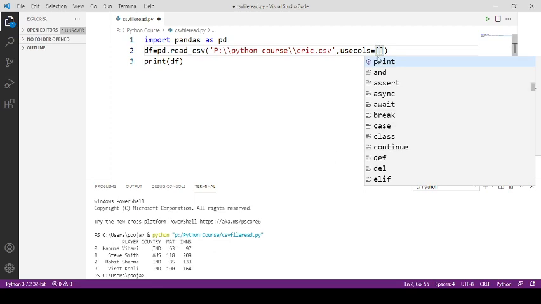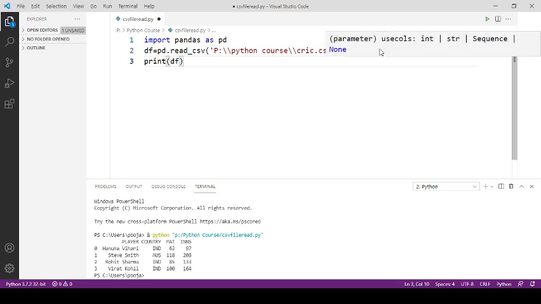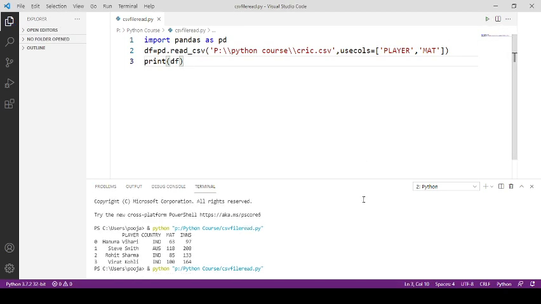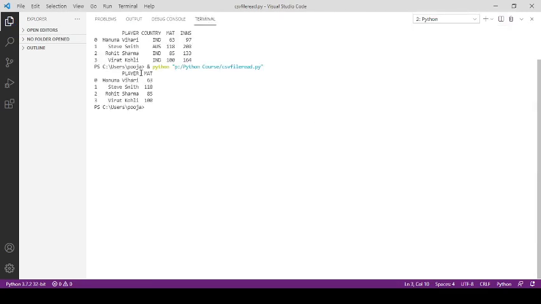I want to read only first player column and mat column, right? Now just save this file, Ctrl S, and click on this green button. Now you can see only 2 columns are there in data frame. So using usecols you can specify the columns to be read.